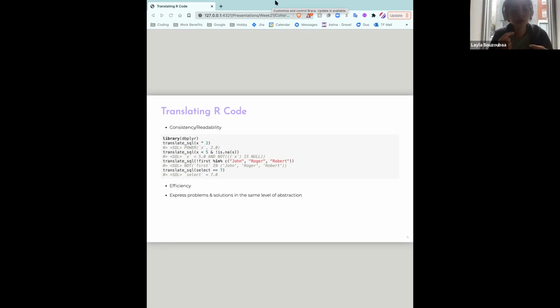And you can use functions like translate_sql to automatically convert dplyr into SQL queries. So it really is nice because you, as a proficient R programmer, can write this, utilize these translation functions, and then collaborate with somebody who's not so proficient in SQL, and they could still understand it, right? So then there is the efficiency part, because once you have your